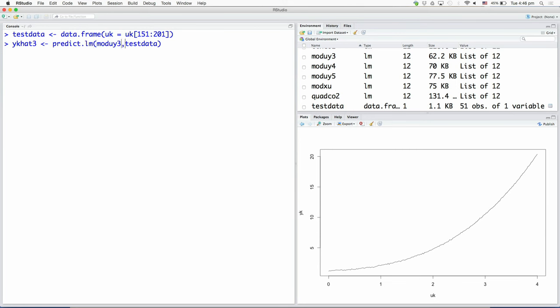All right. So, mod uy3, test data, predict dot lm, or simply predict, knows by looking at the object that you feed, which is mod uy3, that is a model. It understands that it has to work on a linear model object. So, predict dot lm explicitly is telling R that the object or the model that I am supplying is a linear model type, and then I am supplying the test data on which it has to compute predictions. So, I have done that, and similarly let us do this for the fifth order as well. I leave it to you to compare the fourth order, something to work on for yourself.